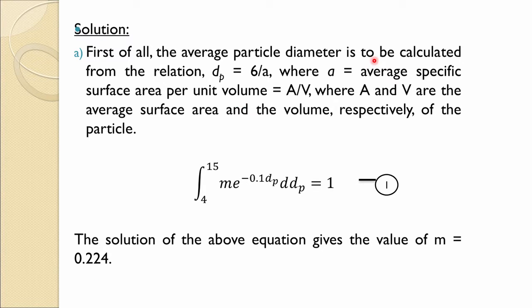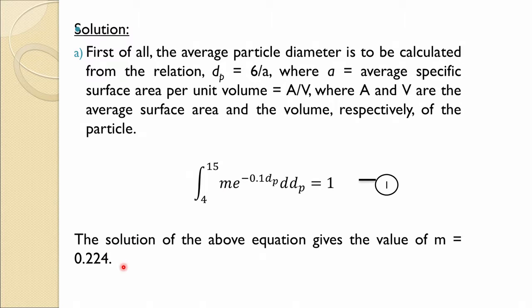So, the average particle diameter has to be calculated with the relation 6 by A, where A is the average specific surface, the surface area per unit volume. So, 6 by B. Here, A is the area and B is the volume, and the distribution is to be 1. So, if you put 1 and integrate it within this limit, 4 is the minimum size and 15 is the maximum size. The solution of this gives you the value of m